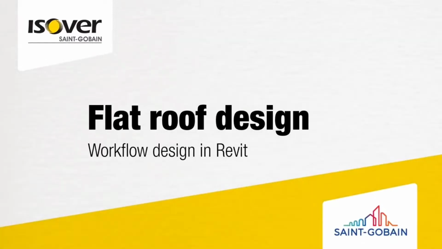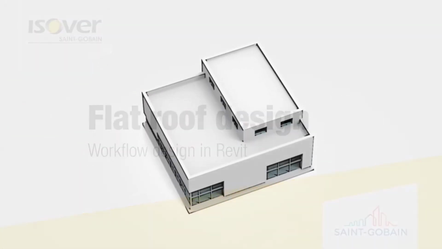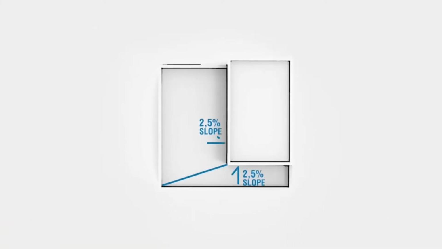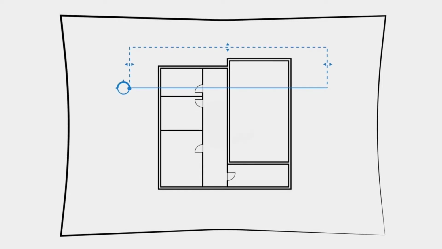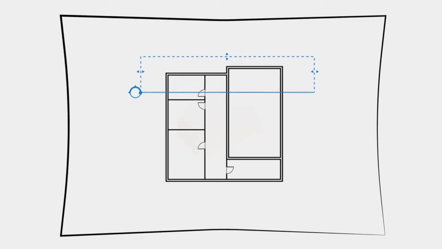There are usual workflows and construction processes when it comes to selection and procedures related to flat roof design. Flat roof design very often requires slopes of 2.5% in order for the water to run off. Upon roof design completion, the architect provides a layout plan so that the roofing contractor knows how the drainage of